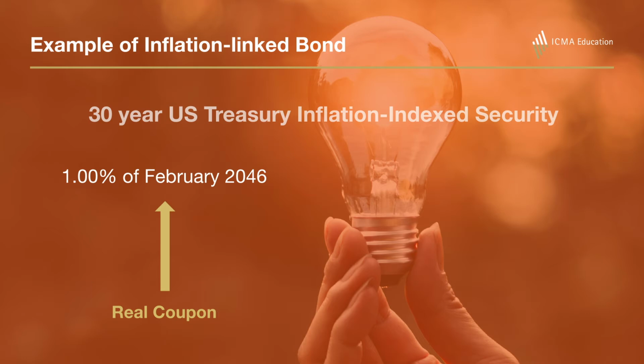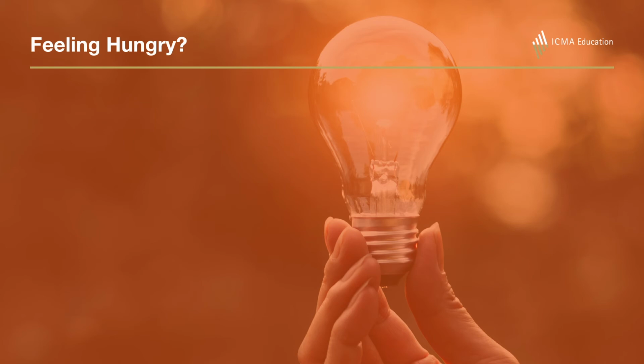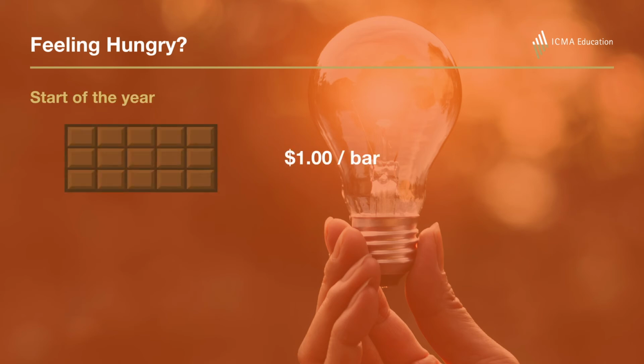In this example, we illustrate a long-dated inflation-linked bond issued by the US government. The bond offers a real coupon of 1%, meaning that the cash flow received would ensure that the investor will be able to afford 1% more goods and services relative to some prior base date, which in this case is 2016. Let us say that a bar of chocolate costs $1, and so buying 100 bars will, of course, cost